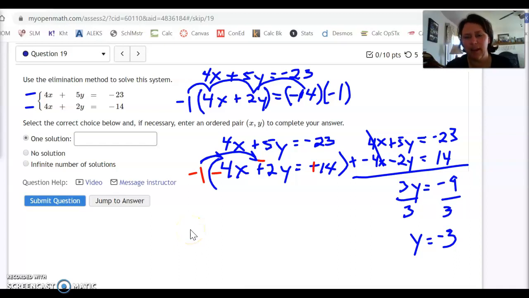Okay, sorry about that. All right, so we've got y equals negative 3, and now we need to go back